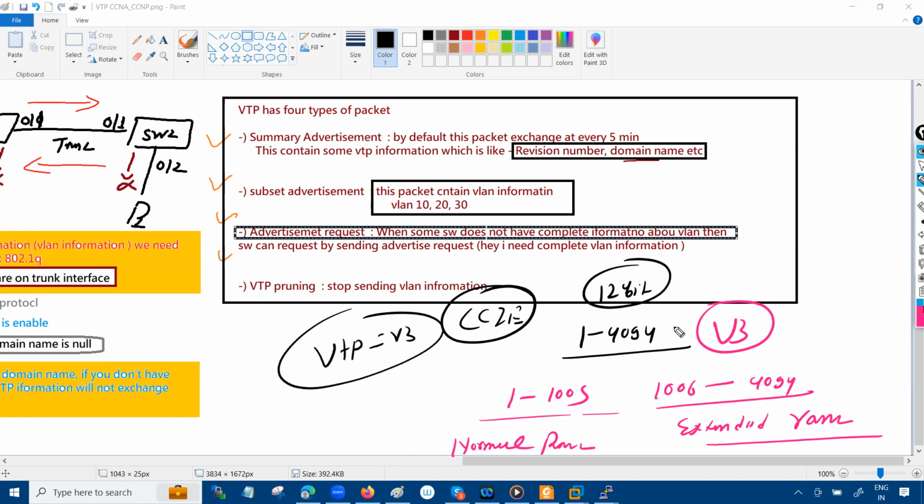Again, I'm repeating, this is not the only requirement. There's another requirement also. I'll just tell you because you know this part. This is one of the requirements, but not a major requirement. The major requirement to change to VTP version 3 is what? If somebody knows, that's good. If somebody doesn't know, leave this part. It's to share the private VLAN